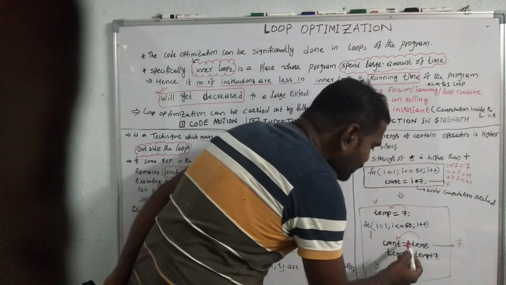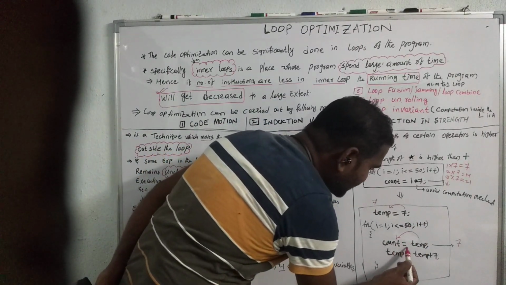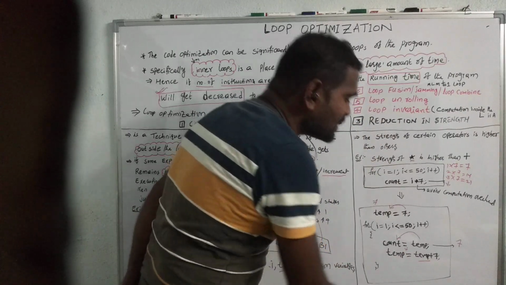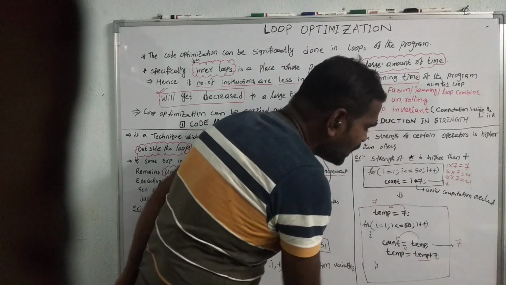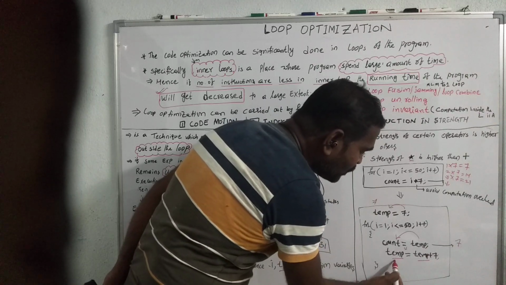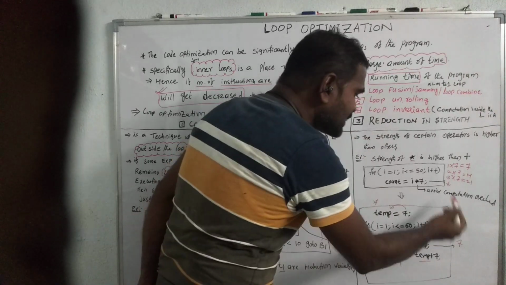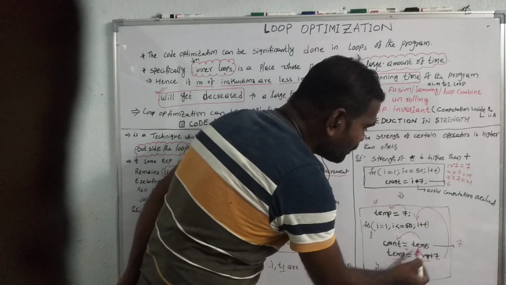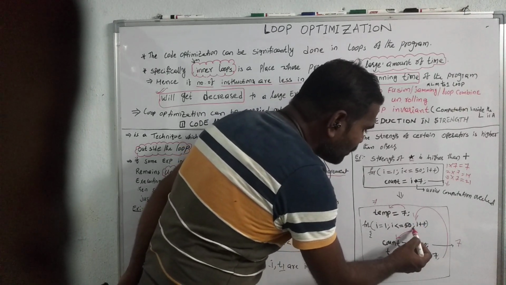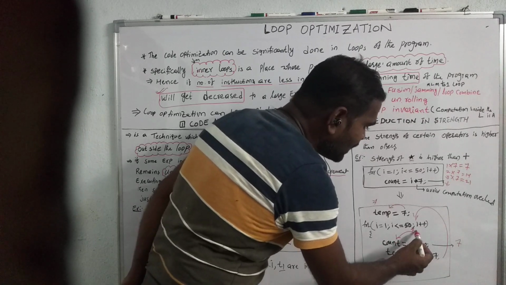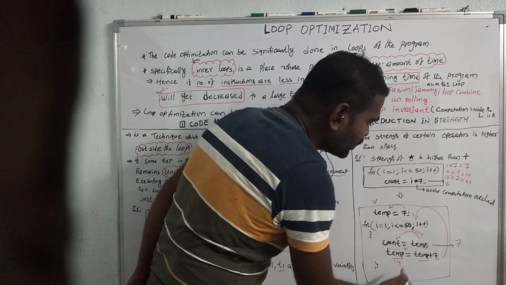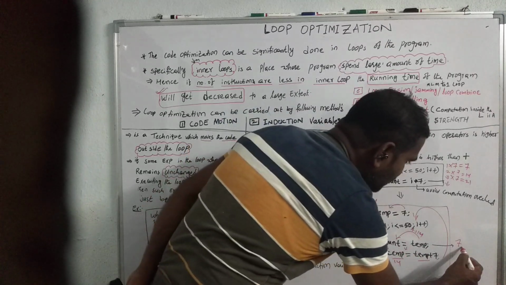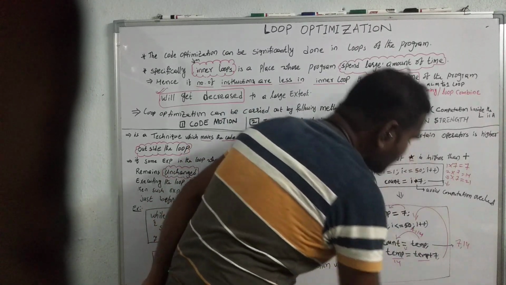After executing this statement, the next statement is temp, which is already 7. 7 plus 7 is 14, so now the temp value is 14. In the second iteration, the temp value is 14. In the first iteration it was assigned 7, in the next iteration it is assigned 14. So the count value is 14.